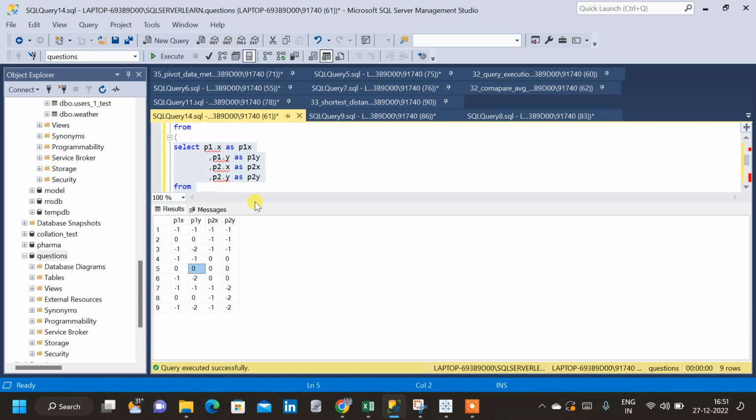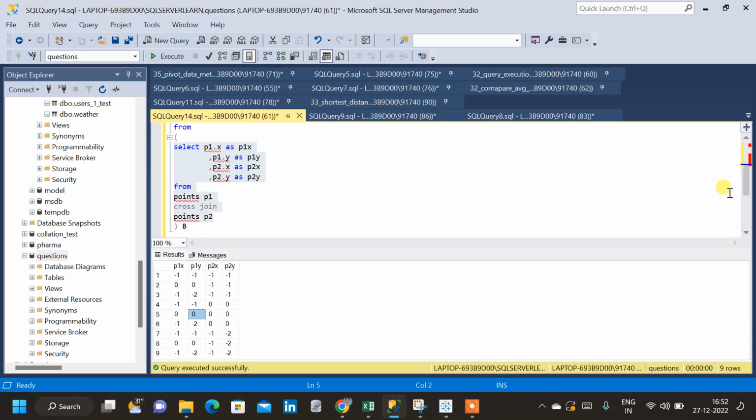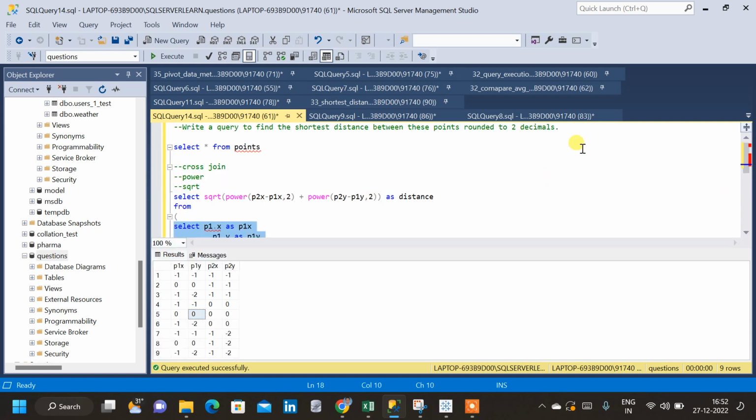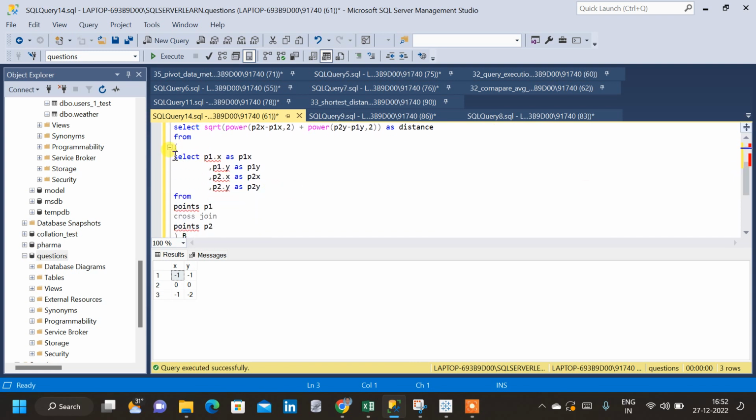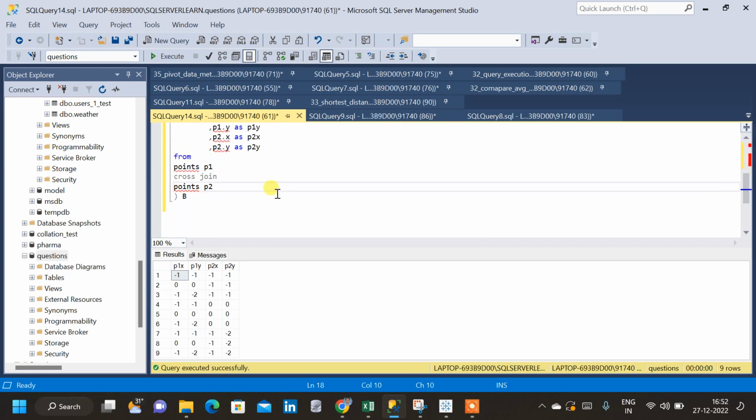In our question they are asking us to find the shortest distance between the 3 points. That was given in the points table, that is these 3 points. So we don't want to find the distance between the same points. So inside the cross join we will write one more condition in order to eliminate that same coordinates getting repeated. We will write a where clause inside the cross join. So inside the subquery, after the cross join, after points p2 we will write where